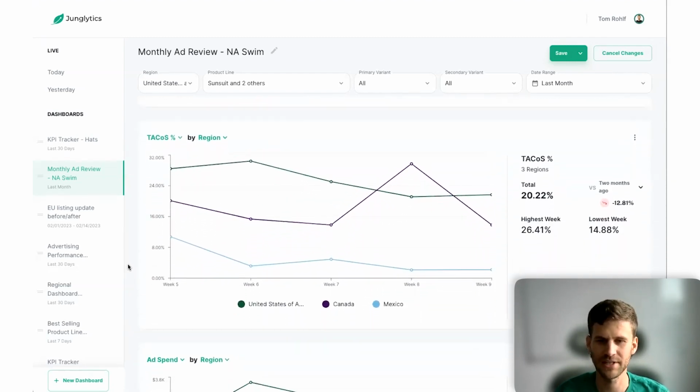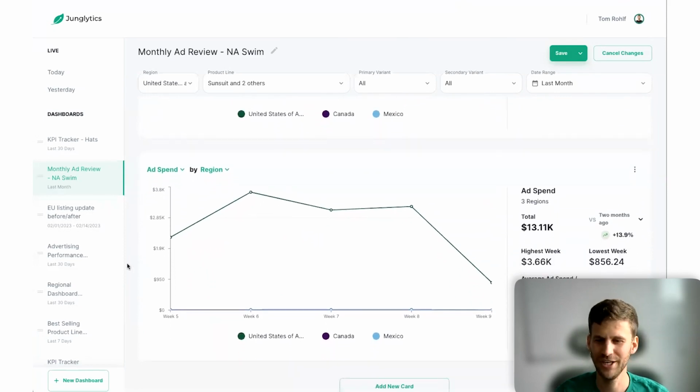So a couple last charts here. Most of our ad spend is in the United States, and most of our sales are in the United States between these 3 countries, which I'm sure is true for most. But we don't like to neglect our friends in Canada and Mexico. We like to make sure that our TACoS numbers in those regions aren't out of control, basically. At the end of our meeting, we'll monitor this, and then we'll sadly look at this chart where we see that we spend very little money advertising in those 2 regions, but we want to be able to keep an eye on it.